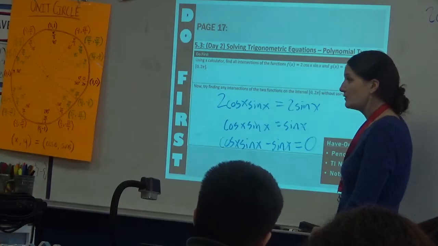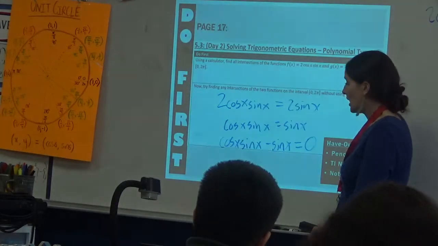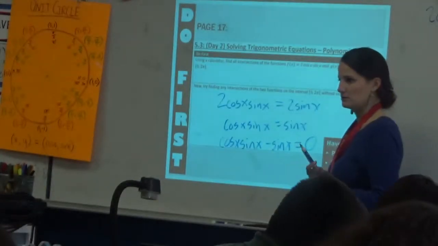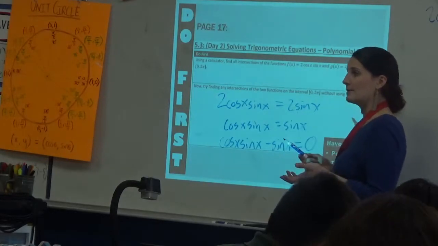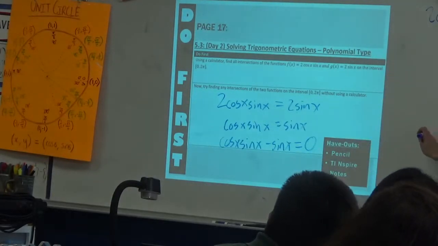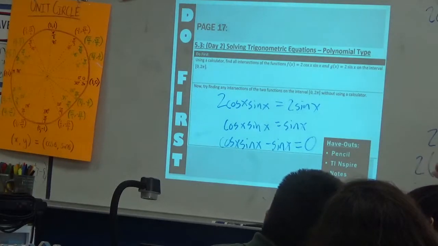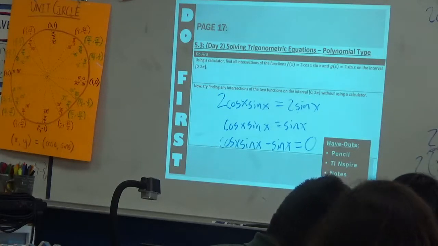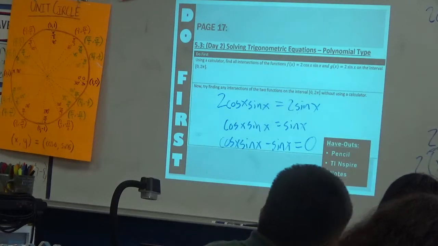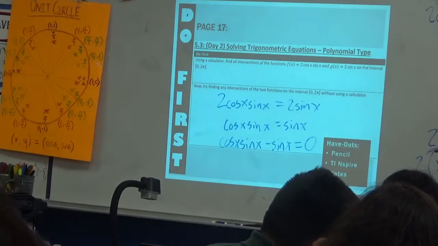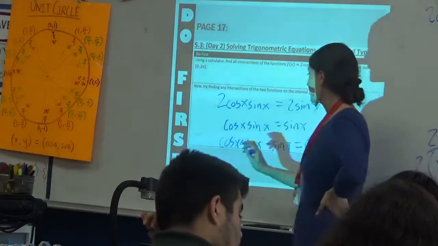The reason that I'm still going to move it to that side is I can factor this now if I look for common factors in both terms. What do both of these have in common? Sine. And so anytime I see a common factor, like if I see 2x plus 2, I could factor that 2 out front and say 2 times x plus 1. And you can distribute this back and get 2x plus 2. You can go back and forth between factoring out a number and then distributing the number back in, right? So we're going to pull a sine x out front